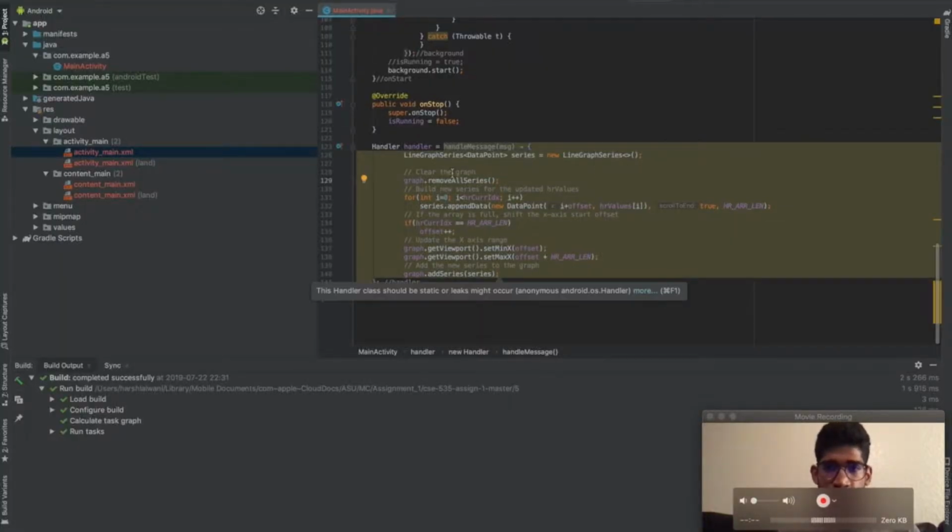So once we get the random points, we just create a data point and then shoot all the random points in a new data point and send it to the series. So it holds all the x coordinates and the y coordinates here. The x coordinate is the i and the offset, and then the HR values, which are the random values that we are getting. We are just creating an axis, just setting every time the maximum and the minimum for the